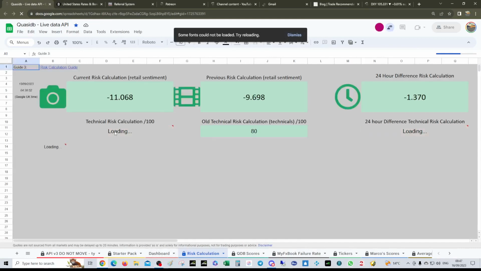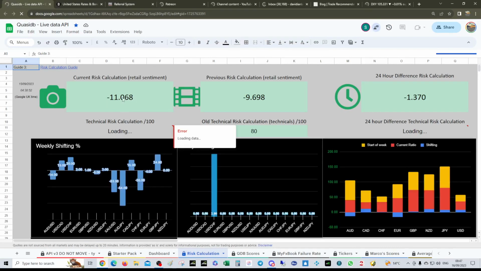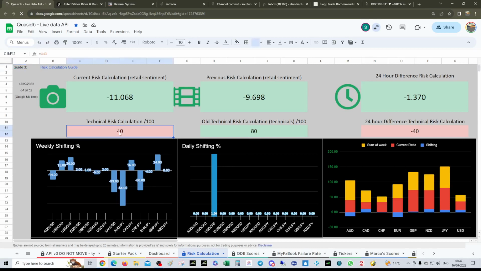This technical risk calc. What I'm recommending that everyone does is that we get that nice and low, and then we're going to buy, pending that this remains green. Okay, that's fine. There's some spillover from the cutover from last night. Everything will get reset tonight because it's Saturday, and it gets reset for the week ahead. So we'll wait for that to get nice and low, and then we're looking to buy, pending that this